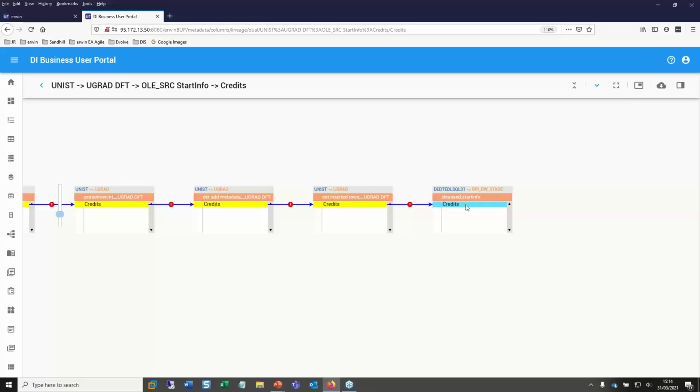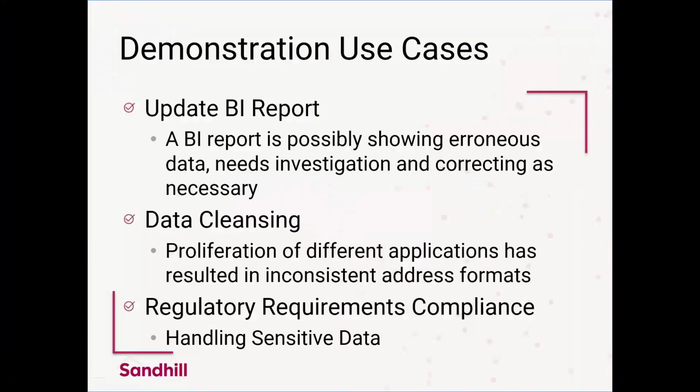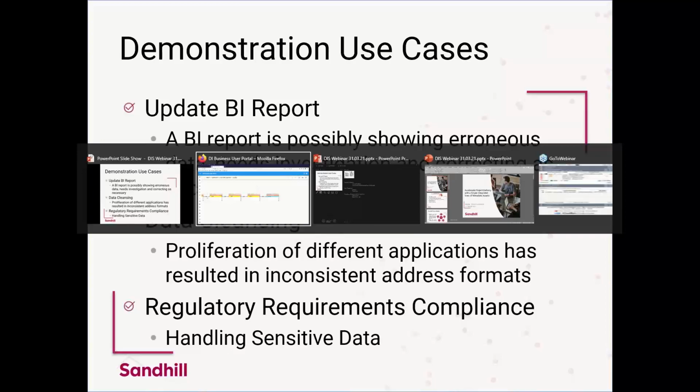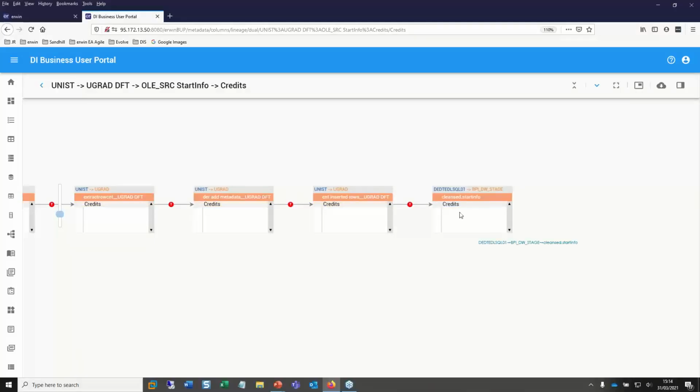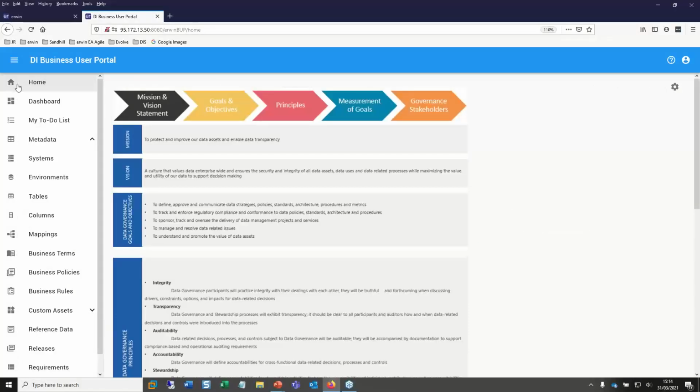Another example could be, for example, in here I was talking about data cleansing. So one of the ideas here is that lots of people have addresses as part of their registration information, but from experience I know that people find putting in the information for the address field varies, and there's a lack of consistency in there. And so how can we investigate this? If we want to clean up our data, how can we use the assets that we've got to help us to do that? So again, I can go back to my published set of assets in here,